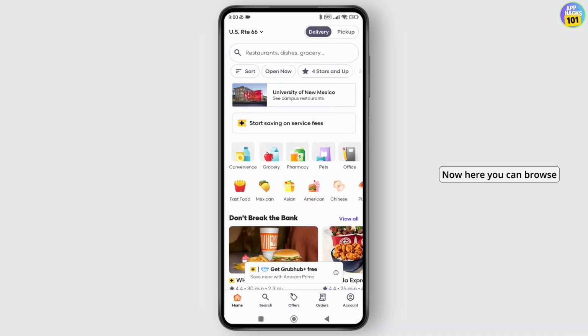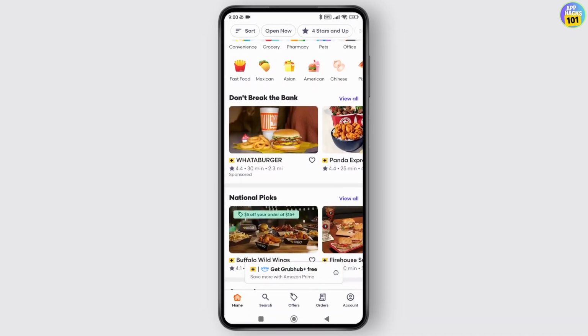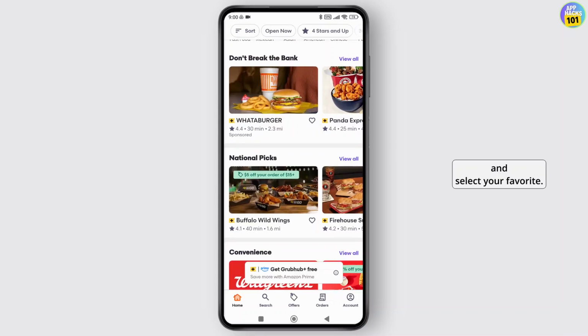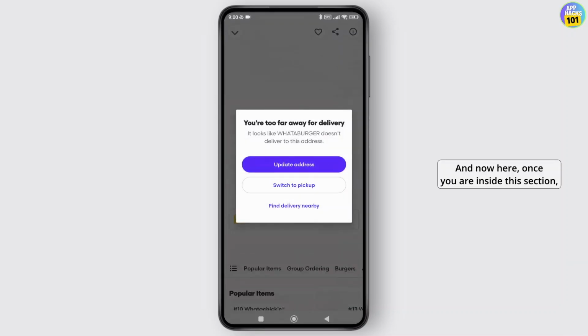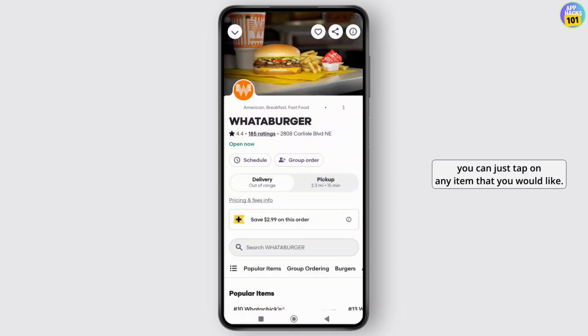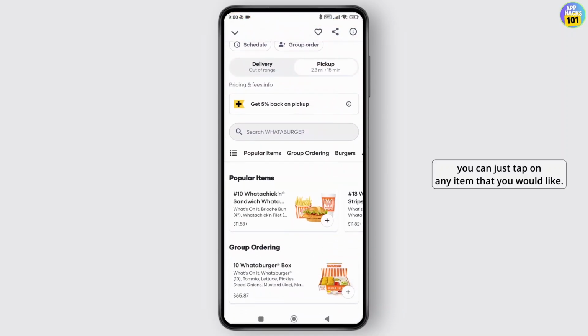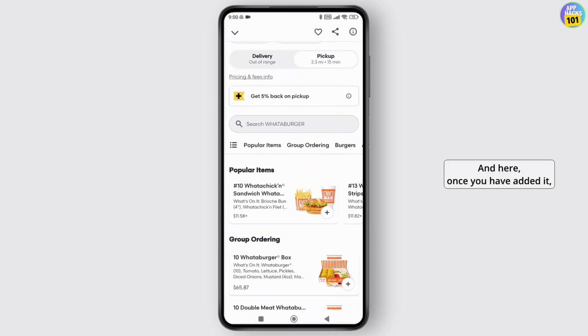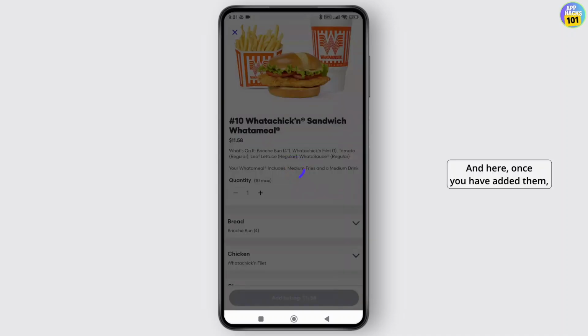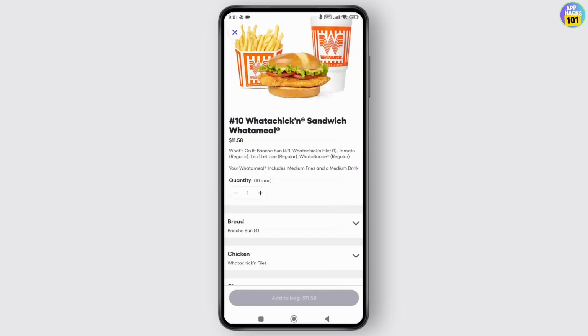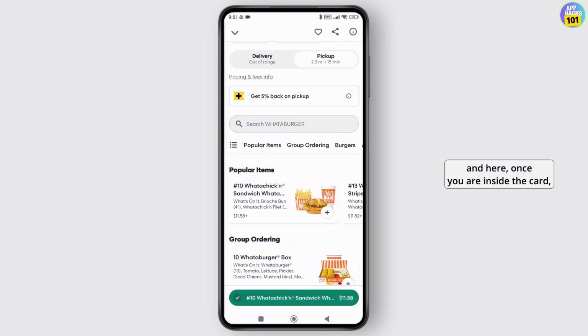Now here you can browse through the available restaurants and select your favorite. And now here, once you're inside this section, you can just tap on any item that you would like. And here, once you have added it, you need to add it to your bag. And here, once you are inside the cart, you can just tap on